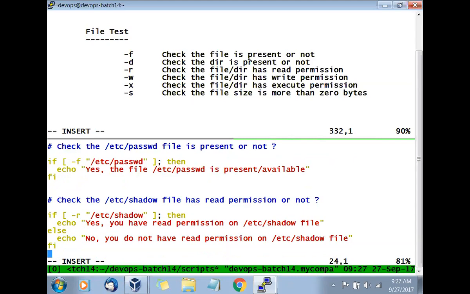So first we will go with the normal if method. Second, we will go with the if-else method. So if it is true, then it will say yes, you have the read permission. If it is false, it will say no, you do not have read permission.